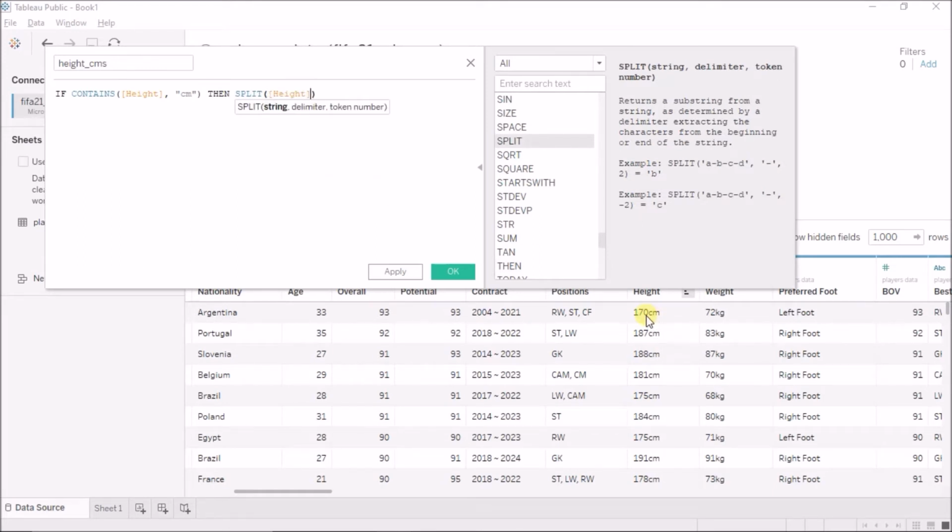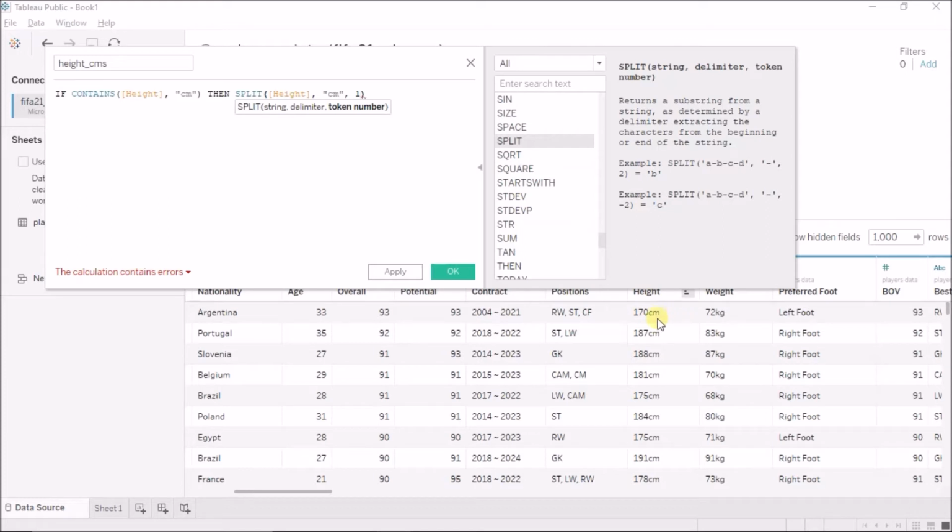So I'll say split that value on the delimiter of either centimeter or C, it doesn't really matter. Then after the delimiter I'll say give me token number 1. It will split on the CM delimiter, and token number 1 means anything to the left of this CM, and anything to the right of this CM is token number 2.